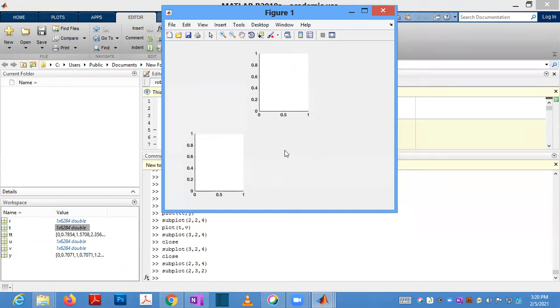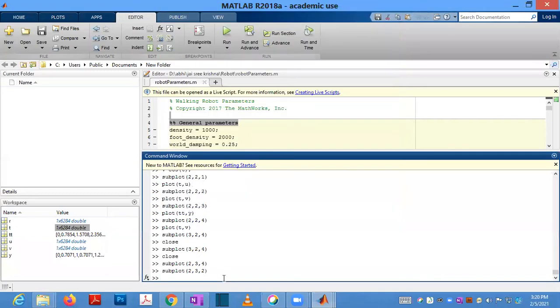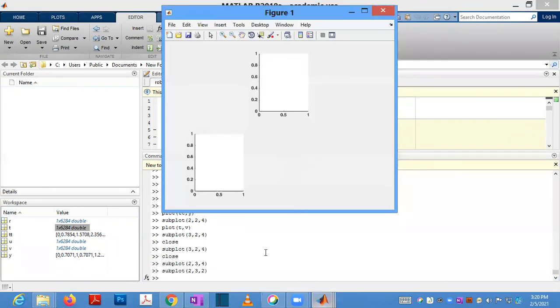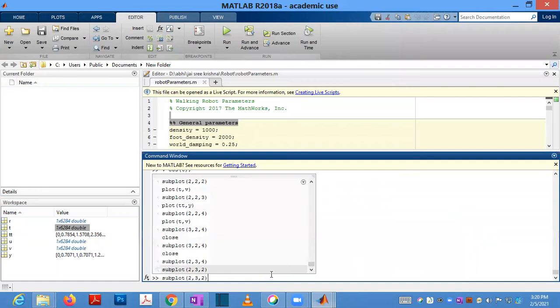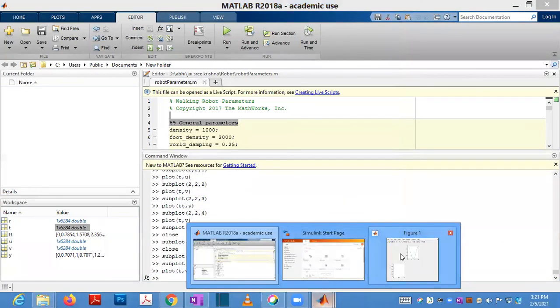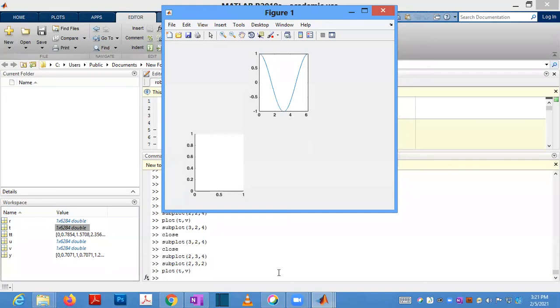Sir, how to remove a specific subplot? If you want to close this one, you can use close. No, sir, a specific subplot. Now I am plotting something in 2, 3, 2, plot t, y. I now plotted here, and I want to remove that.